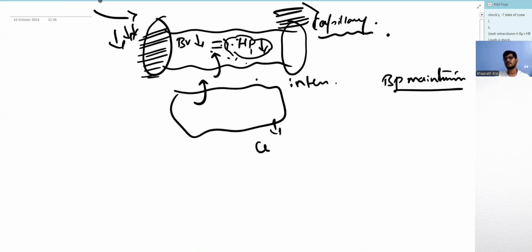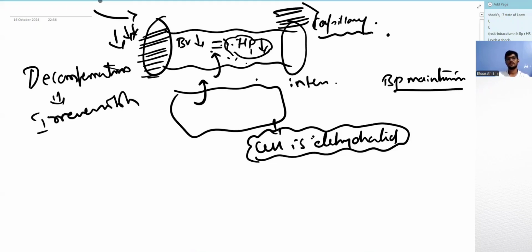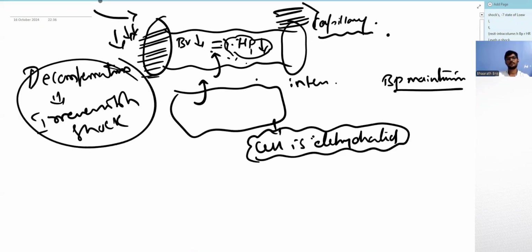But what is happening? Cell is left dehydrated. So that is why if you take urine output only as an end point of resuscitation, the cell keeps on being dehydrated, because these are all the compensatory mechanisms that are happening. So these are the four compensatory mechanisms. But the flow of the sympathetic system and the hormones, they are all not infinite. Sometimes they stop. When they stop, that leads to decompensated shock, which further leads to a state of irreversible shock, which is a topic for tomorrow.